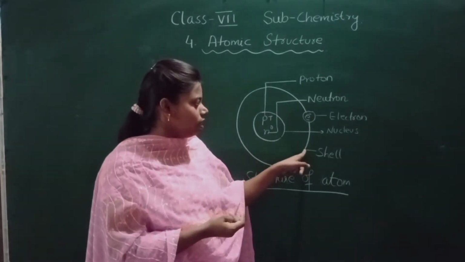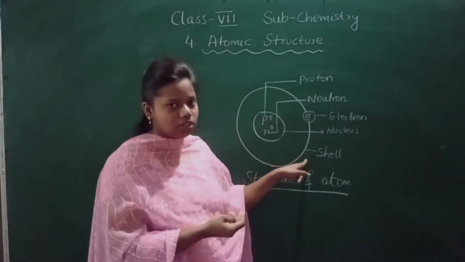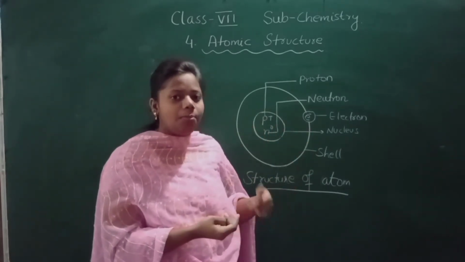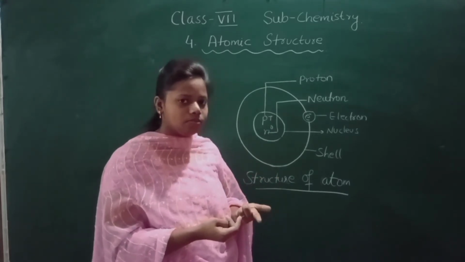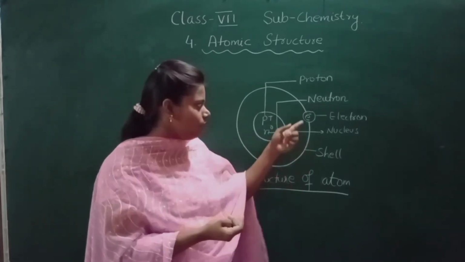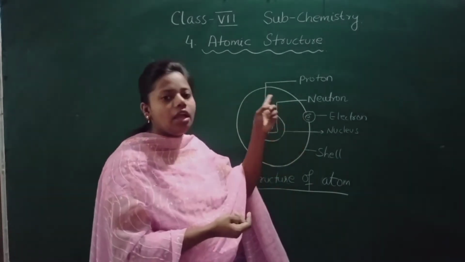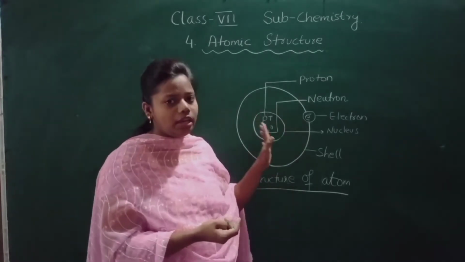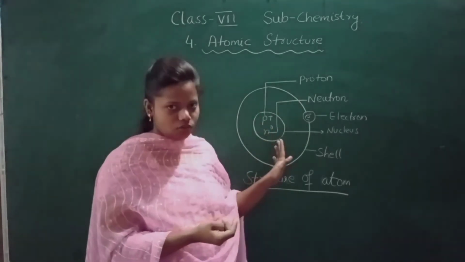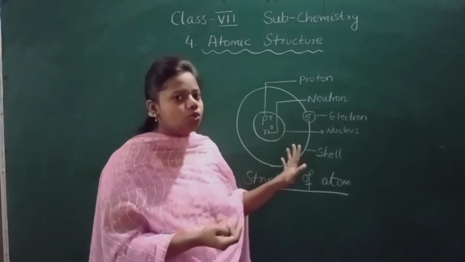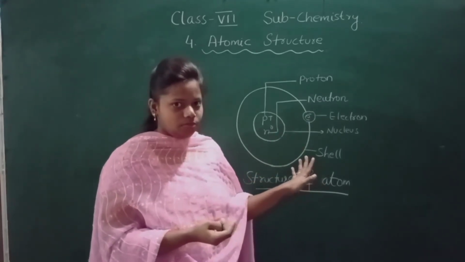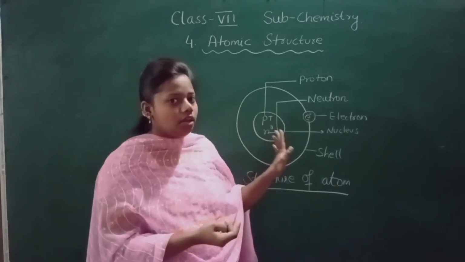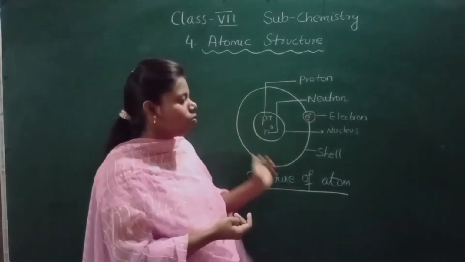And where is it revolving? This is called the cell. The fixed orbit, you can say, or cell, it is revolving. Like the planets revolve around the sun in a fixed path, same way here the electrons are revolving around in the cell. Here I have just drawn one electron, one proton, one neutron, just to show you the atomic structure. There are many electrons and protons, and there are more cells.